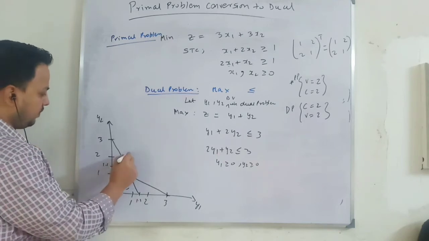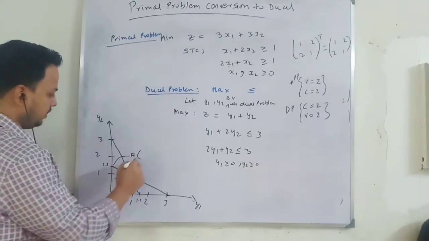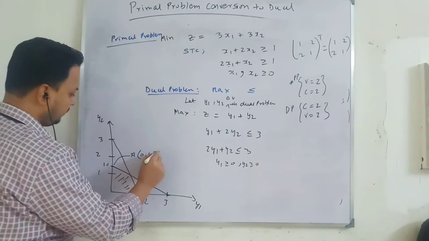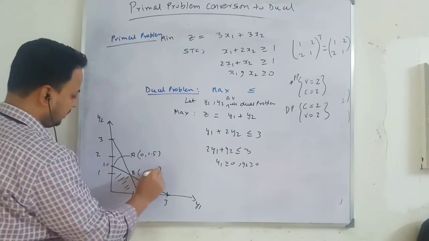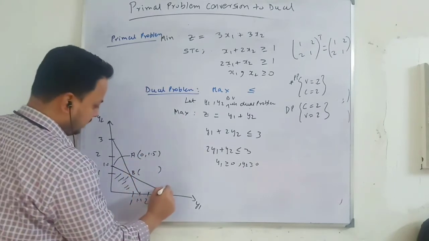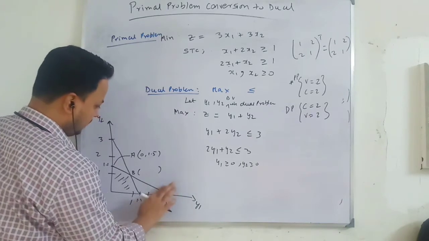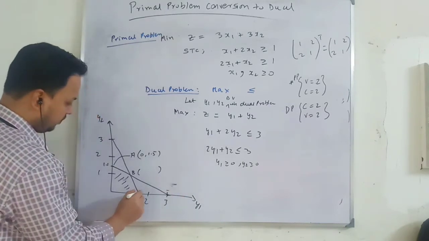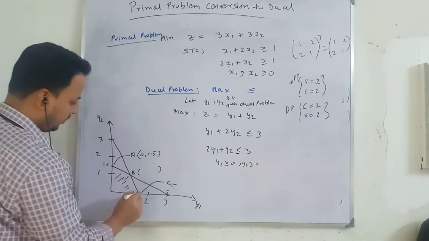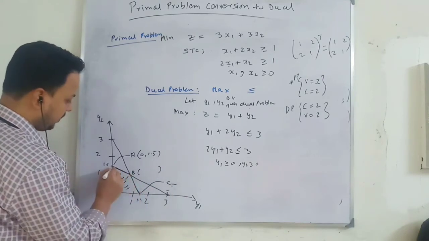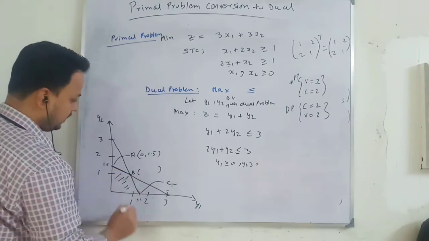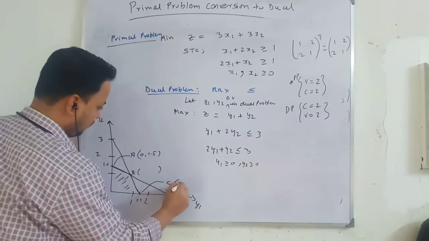Okay. So this is my feasible region. So what points do I have? I have on this point A, 0, 1.5. Second point is B, and third point is C. C not here, but it's here. It should be here. Okay. So this part is my feasible region. This is point B. This is point C. It is 1.5, 0.